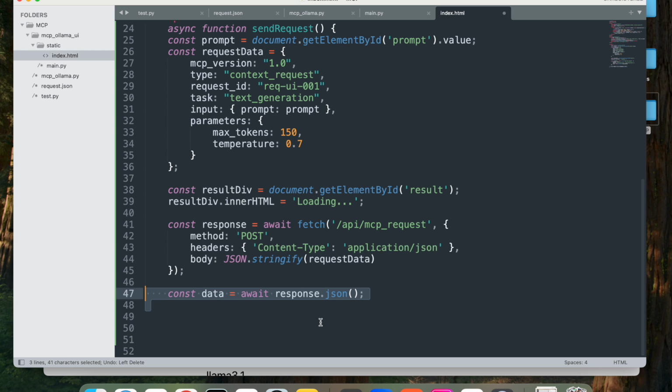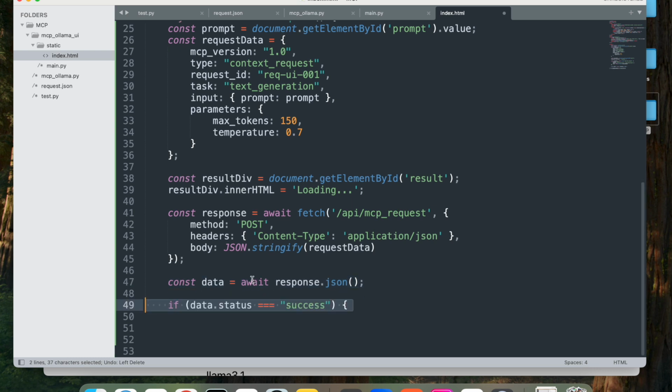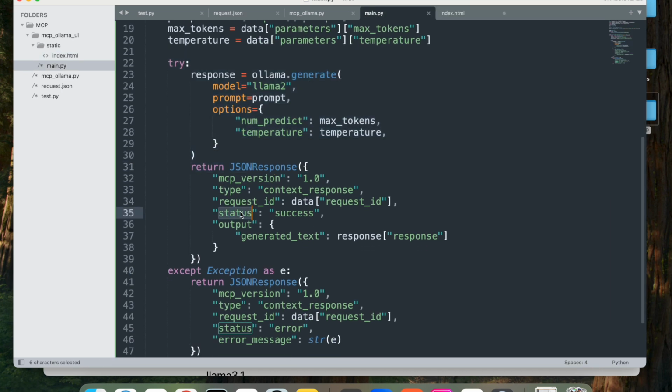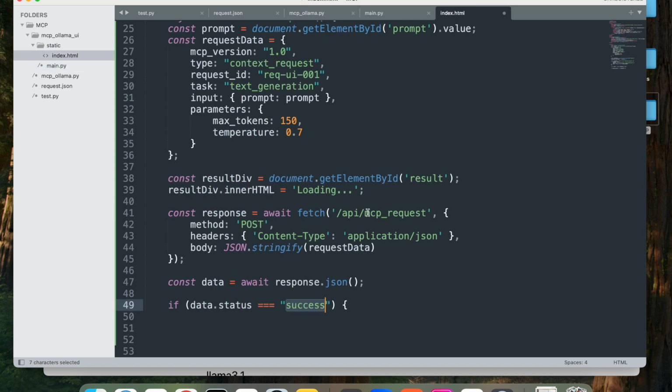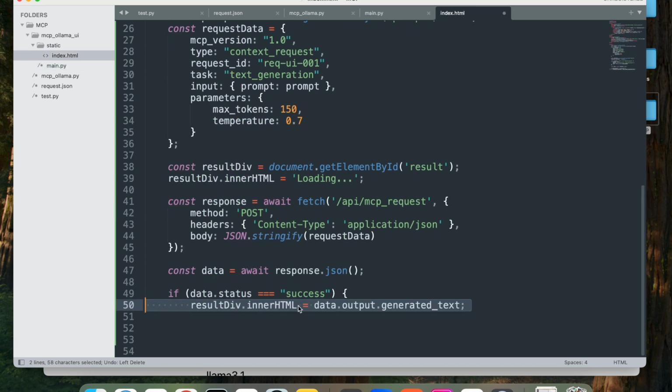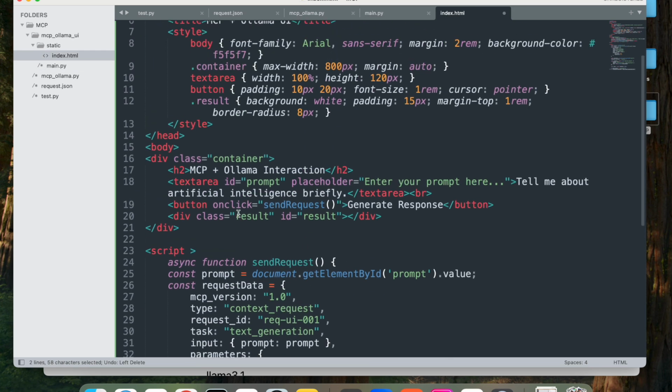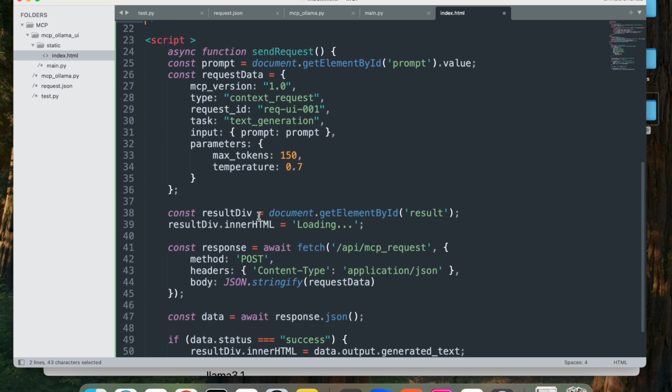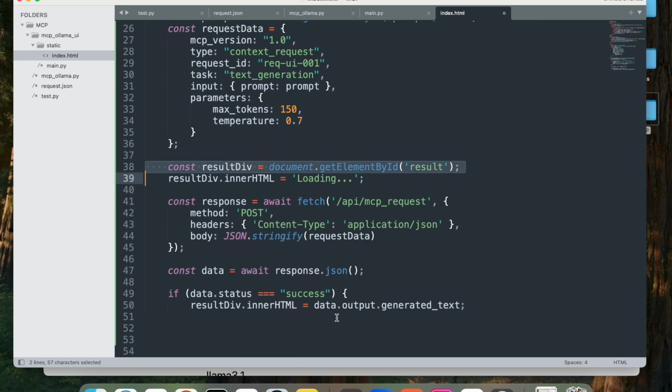Now say constant data equal to await response.json. Then I'll check if data.status equal to success, if the data that we got back is success, because we can get success or error. So if it's success, I'll say results div.inner HTML. So this results div that we have here, which we are actually catching here, say inner HTML is data.output.generated text,